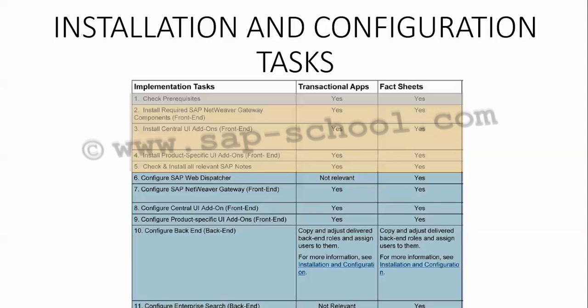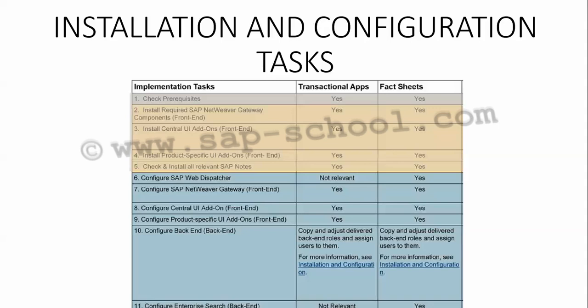After that we have to install the required SAP NetWeaver Gateway components. Then we have to install the central UI add-ons. Then we have to install the product specific UI add-ons, and then we have to check and install all relevant SAP notes. So these 5 are the installation steps which we need to perform.